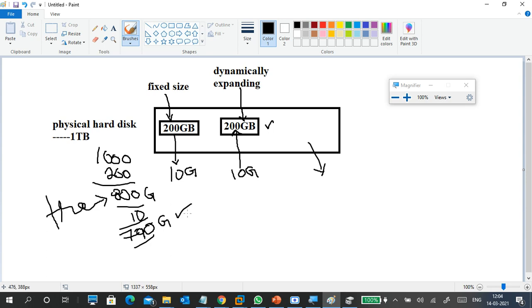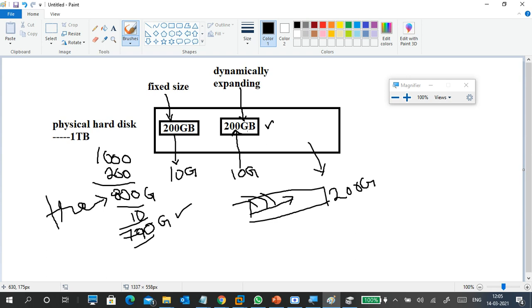That is it, because it is dynamically expanding. Yes, very good. It means when you create a 200 GB disk, it won't occupy 200 GB of the free space. Whatever data you keep putting, based on that only it will expand. If you put only 1 GB, the size is 1 GB.